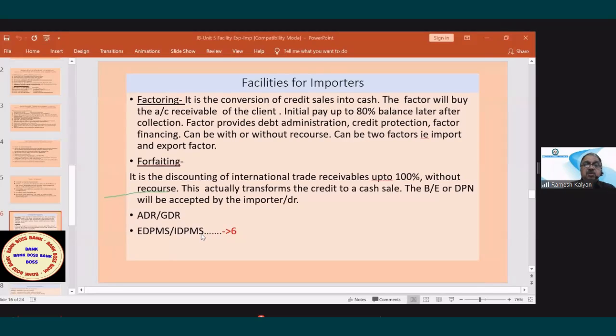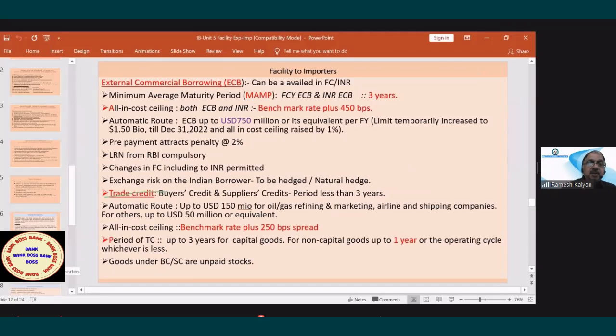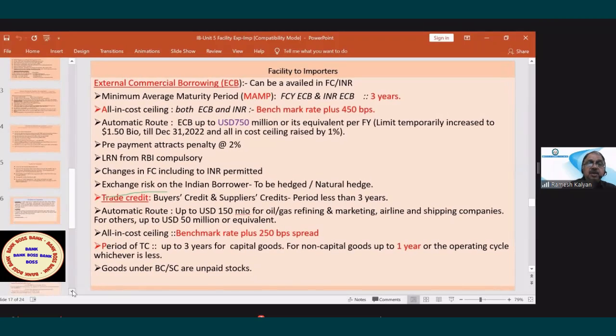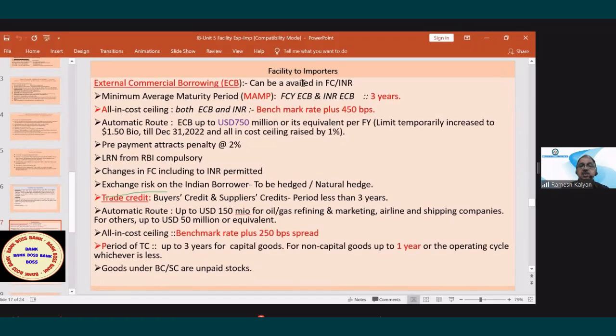EDPMS and IDPMS, I told you, this is the Export Data Processing and Monitoring System. This is the Import Data Processing and Monitoring System. Customs, RBI and AD banks are members. The three parties operate in such a way that the importers and exporters are totally caught in between, so that they cannot fudge anything. That's the thing. Next is ECB, a facility to the importers. ECB, external commercial borrowings. The possible question they can ask is, it can be availed both in